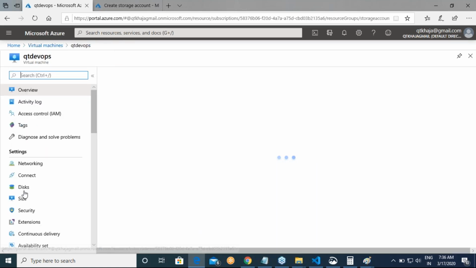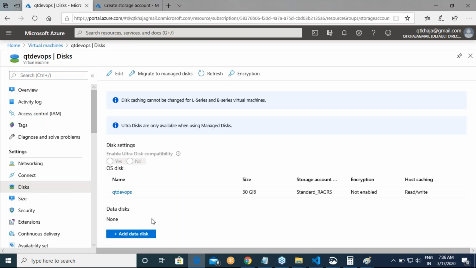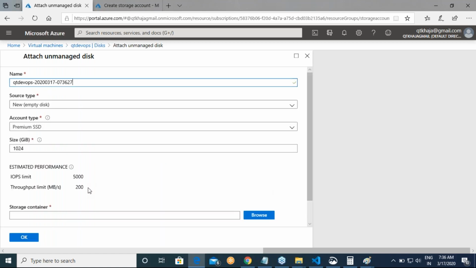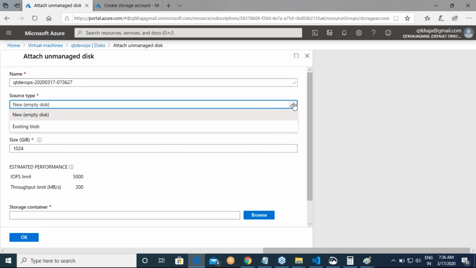Now if you go to this Disks section, are you seeing there is an option called Add data disk? From here you can add data disks. I'm not going to do this today, but I'm just trying to tell you that. While adding a disk, you can specify where you want your disk from.